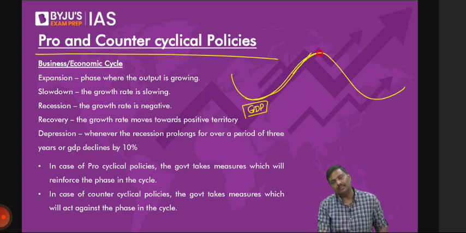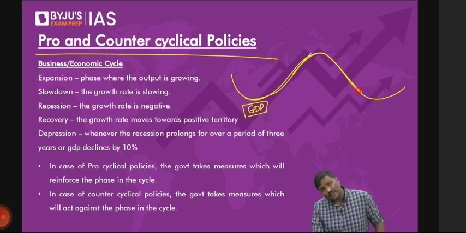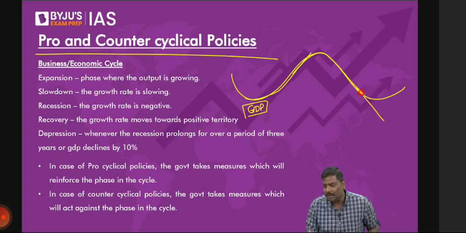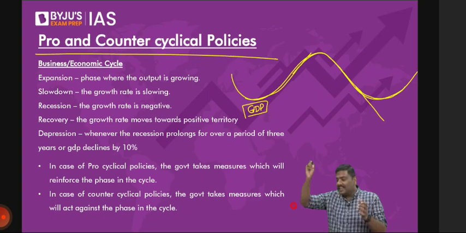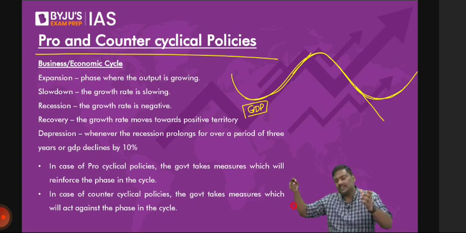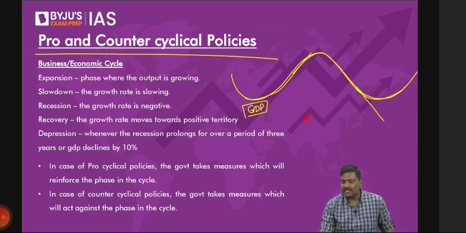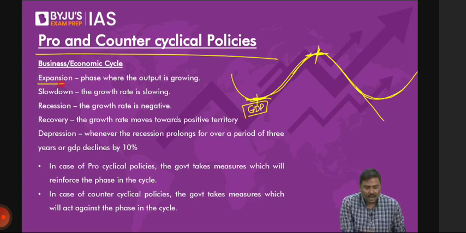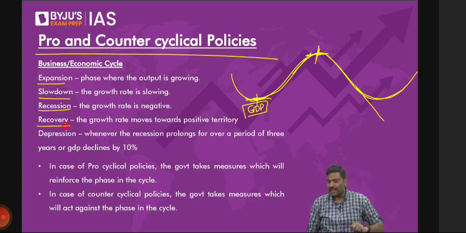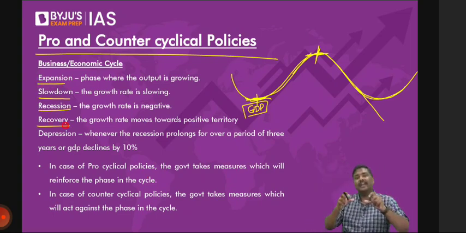Will it keep on going on always? Of course, no. That is a problem. So what will happen at a certain point of time? Again, it will revive like this. So there is a waxing and waning. That is a wave-like observation that you can make for the economy. And these positions or phases are generally divided into 4 types: expansion, slowdown, recession, and recovery.